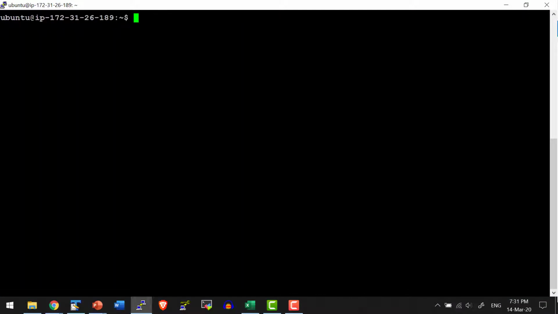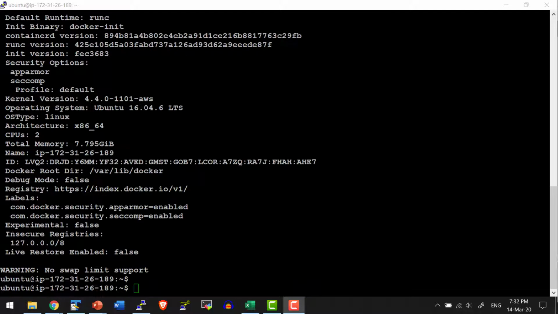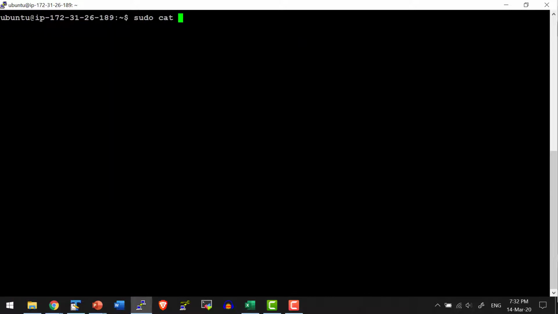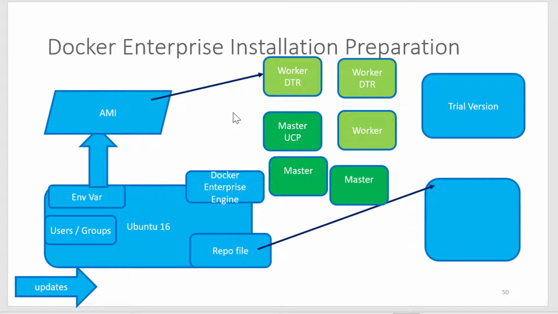To make sure the Docker is running, I can use the command docker info. So we do have the information on the version of Docker running in this specific machine. That means the installation that we did, it's working fine, and automatically it would have generated the key as a part of etc docker folder. We can check that using the command sudo cat key.json. So whenever I'm creating a new instance, a new key file will get generated as we had deleted while creating the image. As we discussed in the earlier session, with the AMI we created an instance.